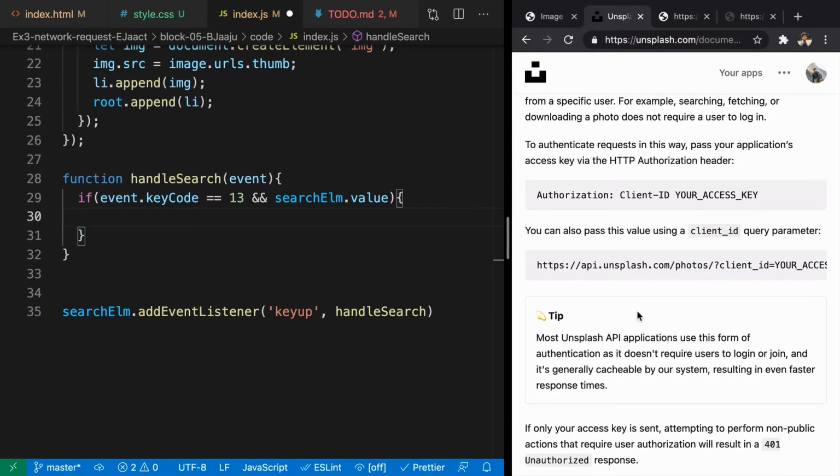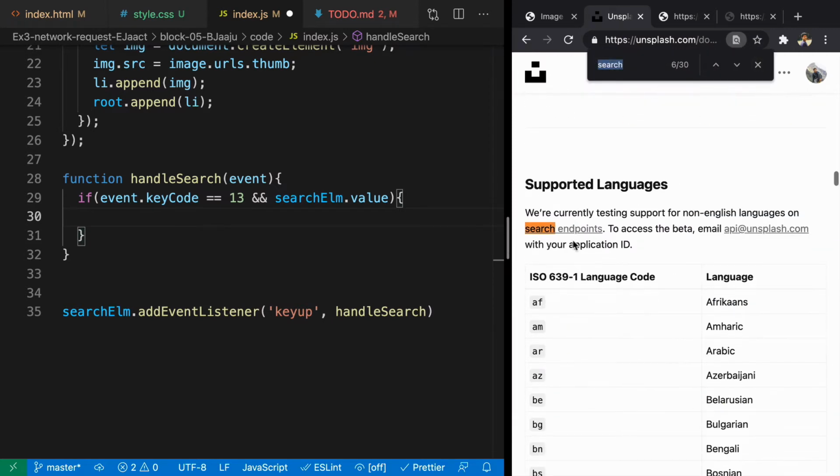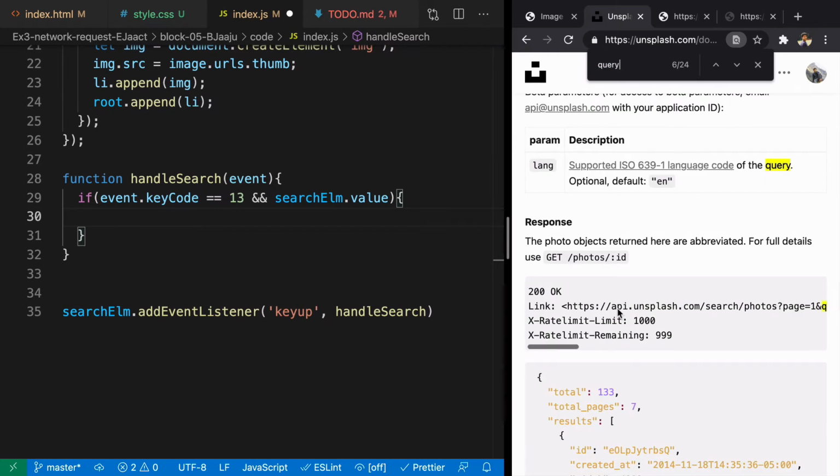So here let's just go for search. So when you search for the word search, you'll see to search you have to pass query here. So the way you do that is api.unsplash.com/search/photos. You pass page or also pass query. That is what we need to pass here.